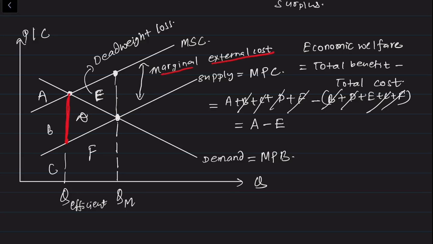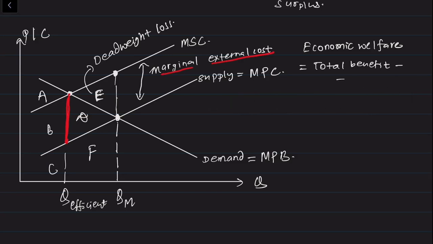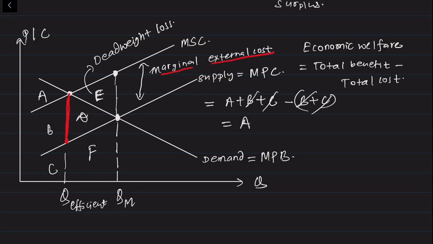Now you can calculate the total economic welfare again after tax at the socially efficient quantity. So after tax you are producing at the socially efficient quantity. Let me erase this to make some space. So now consider the total socially efficient quantity after tax. So what is the total benefit? So total benefit is A plus B plus C, right? And what is total cost? So total cost is B plus C. We can cancel B, C. So we are left with A. Okay, so now deadweight loss is eliminated. All right,